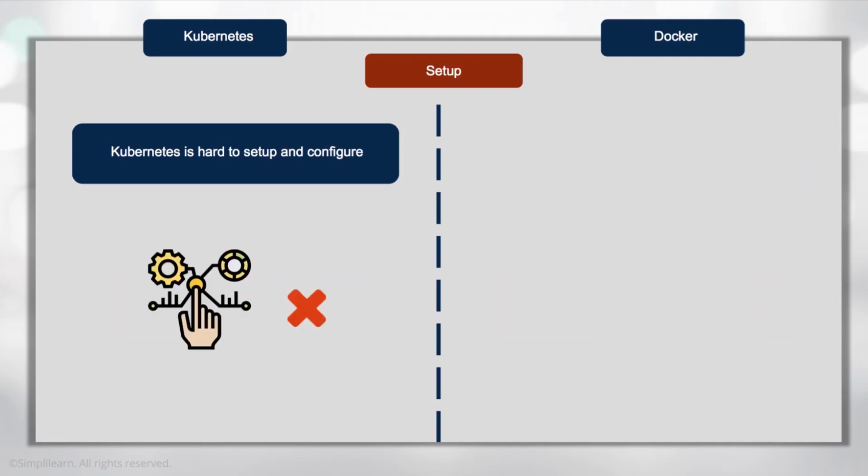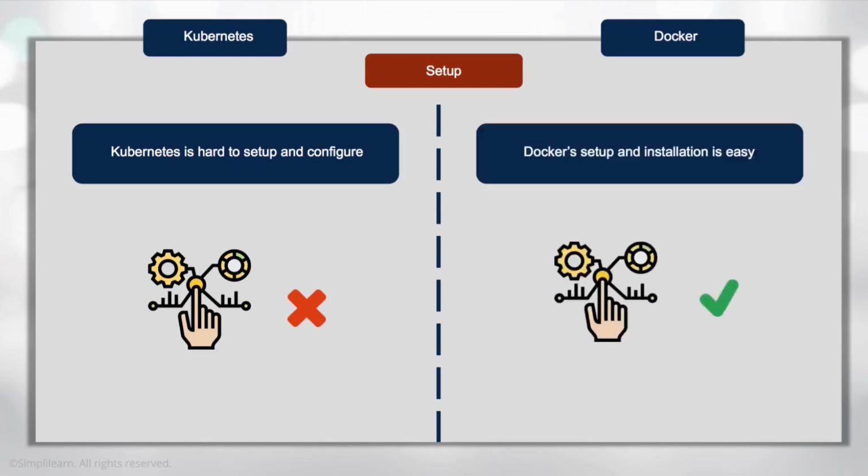Now, I'm not going to kid you, Kubernetes is quite hard to set up. Of the tools that you're going to be using in your DevOps environment, it's not an easy setup for you to use. And for this reason, you want to really take advantage of the services within Azure and other similar cloud environments where they actually will do the setup for you. Docker, in contrast, is really easy to set up. As I mentioned earlier, you can be up and running in a few minutes.